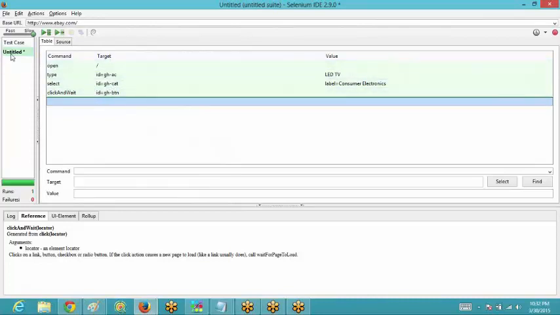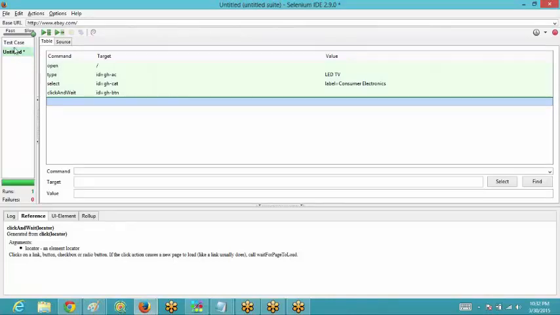Okay, and also you can see over here, the whole test case is now shown in green. This means that the execution was done properly without any hurdle or without catching any defect. Okay, so it was done in a proper manner. And also over here you can see that the run is 1. This means that this test case is executed properly. It is shown in green. So there is one test case only which is executed properly, and we have captured a single test case only by this time.